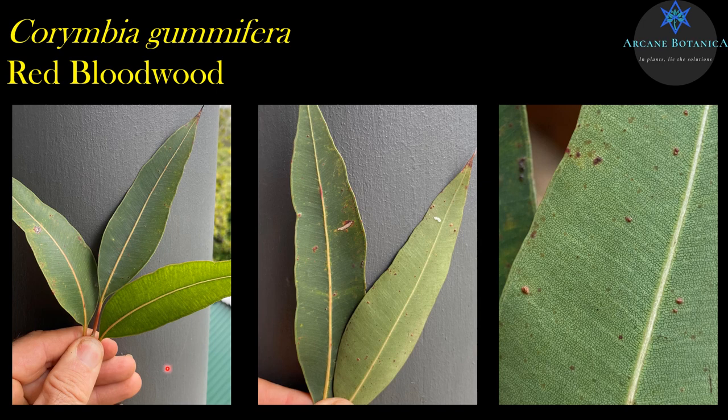Just some leaf shots. I don't put any dimensions in here or anything like that because you can always go look that up, and there's a bit of overlap and a bit too much info. But you can see these get to about 15 centimeters long. They've got these nice red petioles, yellow midvein. That's the other side of one of these leaves, and they are described as discolorous. So you can see easily the two different tones there.